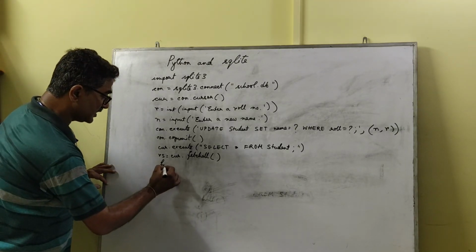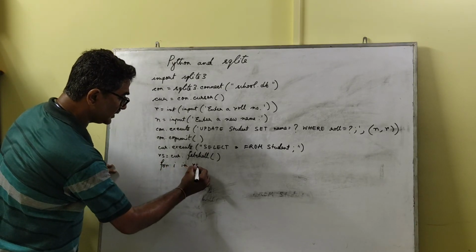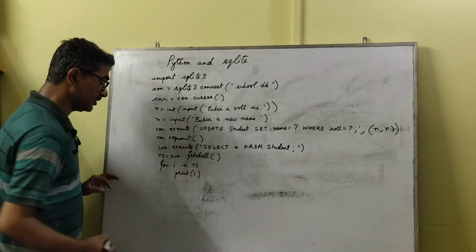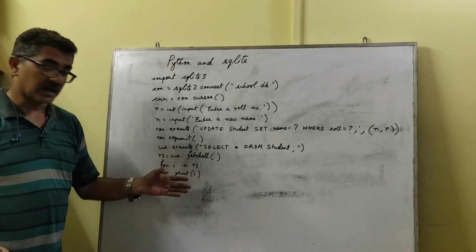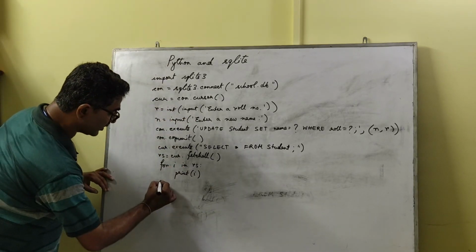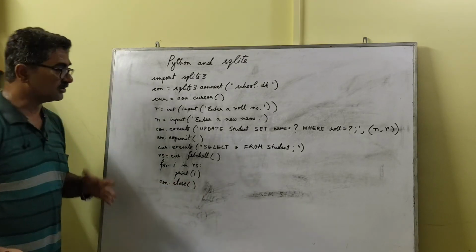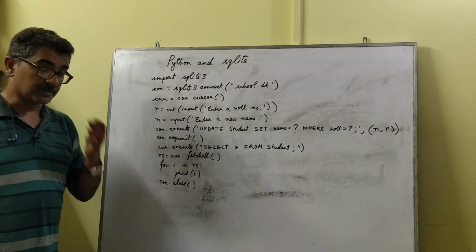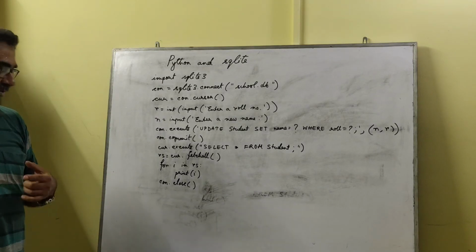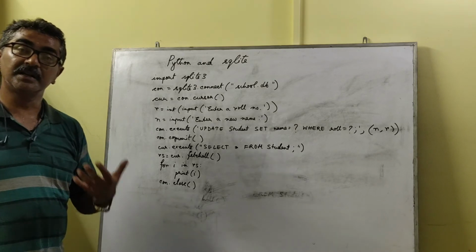Now we can use a for loop to display each of the content of the result set. So for i in rs print i. So now you can see the updated content of the table named student. And after all that, we need to close the connection, con dot close. That's it. So this is the function, or rather the program in Python, which is used to update the content of an existing table. Now what we are going to do is, we are going to learn how to remove